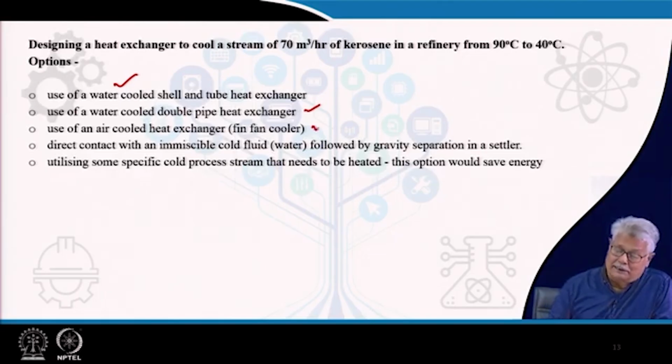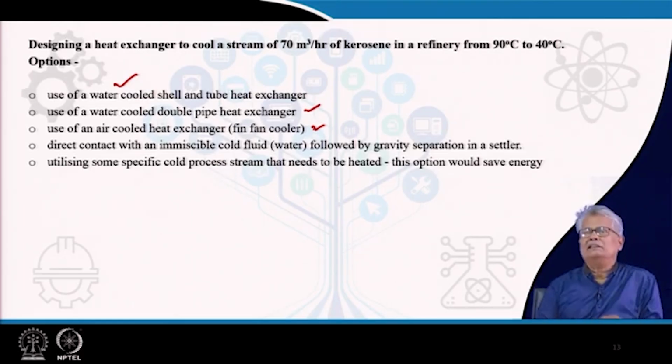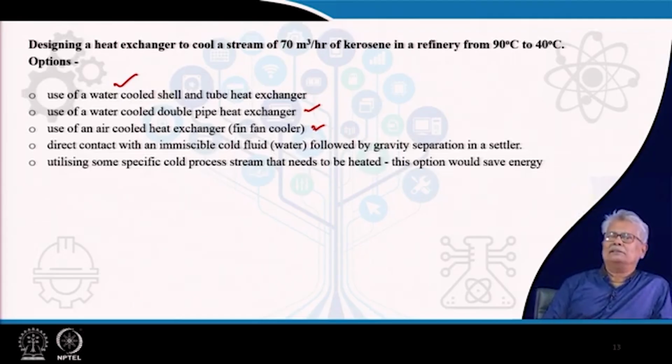Well, this could be an attractive option if we have the plant in a place where water is a scarce commodity. It is also possible that we have direct contact cooling with an immiscible cold fluid. Kerosene does not mix with water, so we can even consider mixing cold water with kerosene, but remember in this case how feasible it is going